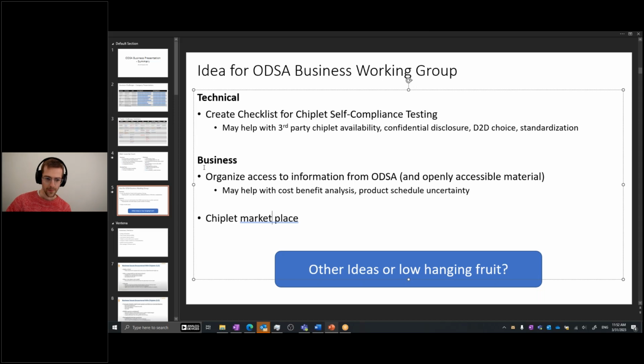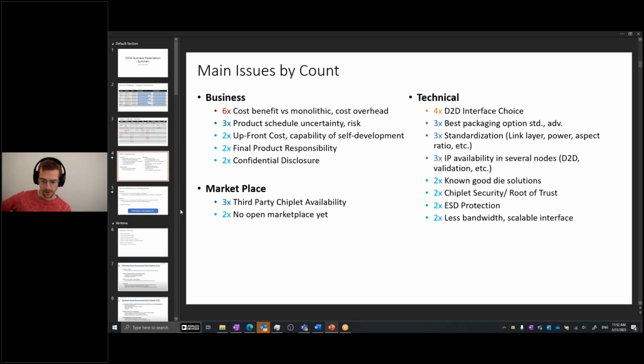Can you go back one slide if you don't mind? Yeah, of course. Again, I think the community needs to make some choices, but if I look at the cost benefit versus monolithic versus cost overhead, did you wrap it under the checklist? I can't recall, but it seemed to me there might be another work product to think about, which was some sort of best practices example, business case.